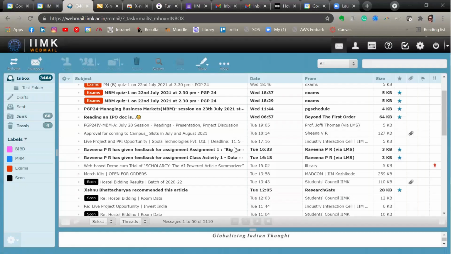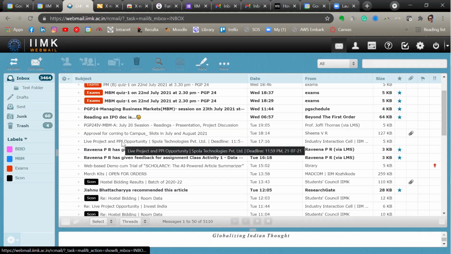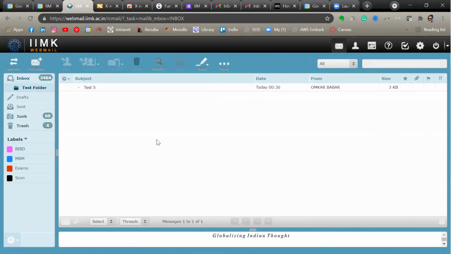So first of all, ignore the inbox available here. I don't manage my webmail very well, but these tips will surely help you manage your deadlines. So first things first, the folders. Webmail has this ability where it will allow you to create as many folders as you want to keep things sorted. So what we will suggest is, for example, here we have created a test folder. So what we'll suggest is you create multiple such folders based on your needs.